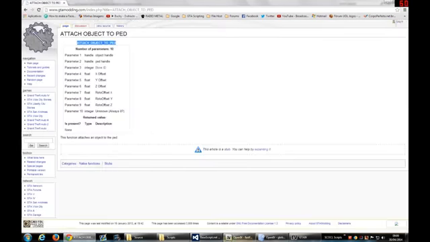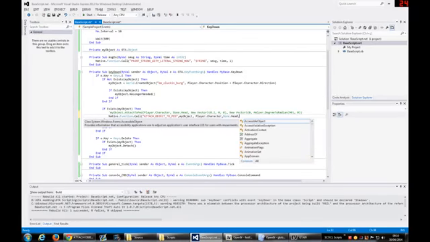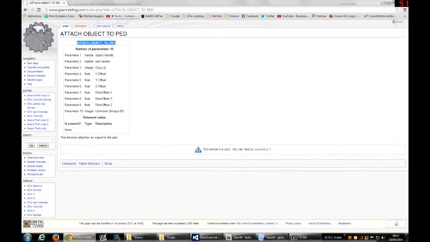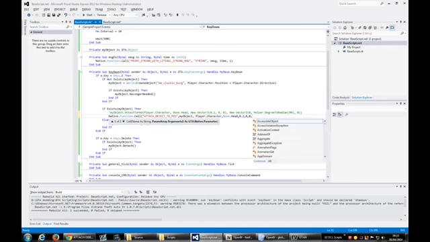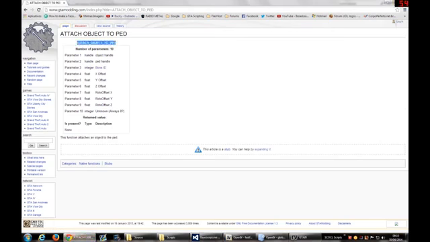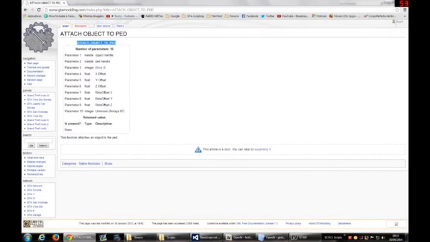We can use the bone ID from the script hook. The other parameters are the offset, that is 0.2, 0, 0, and the rotation, that is 0, 0, and finally 0.